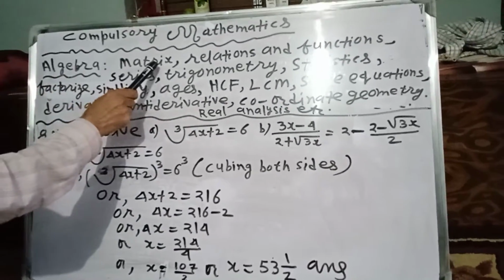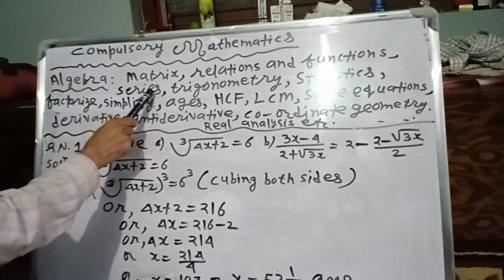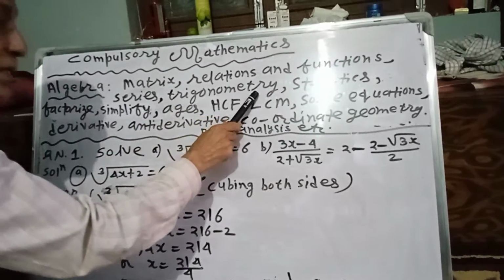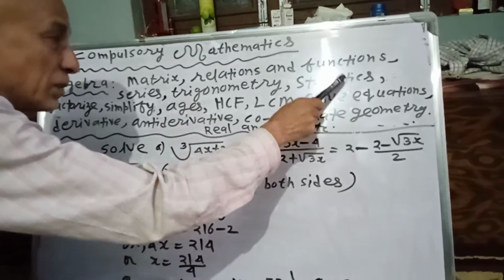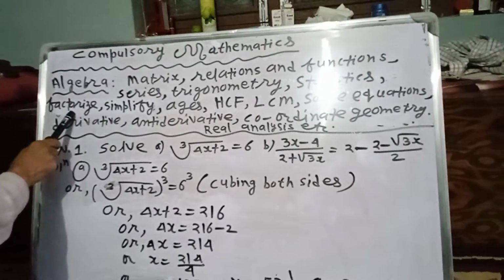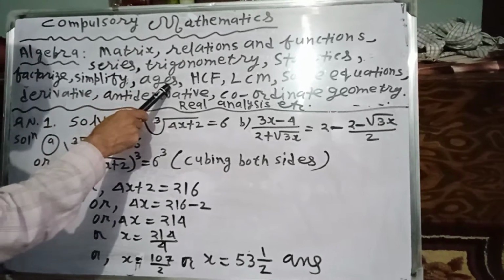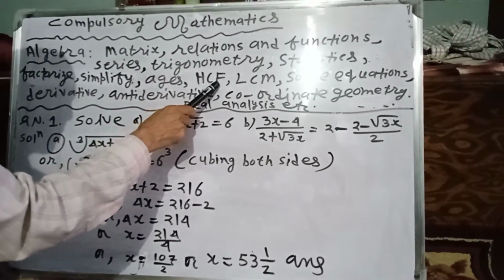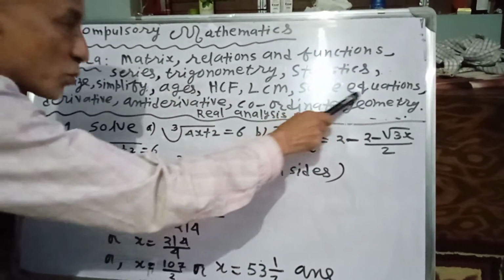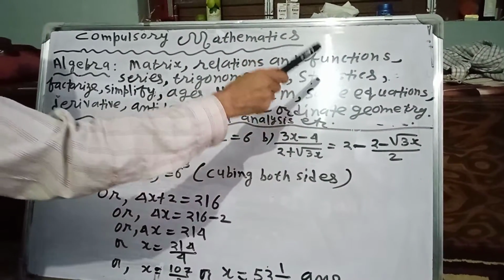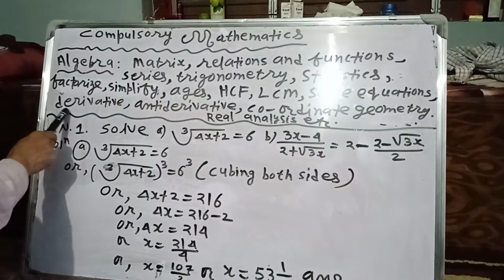Its main scopes are matrix problems, relations and functions, series and sequences, trigonometry, and statistics, to find the unknown frequency and unknown mean, any unknown quantity, to factorize the given expression, to simplify the given expression, to find the ages of persons, to find the highest common factor, to find the lowest common multiple, to solve equations, single equation, double equation x, y, and triple, having three variables like x, y, z, and in